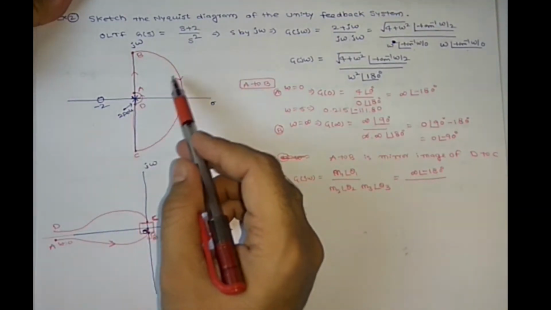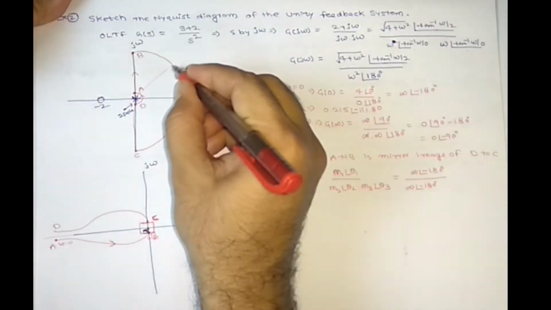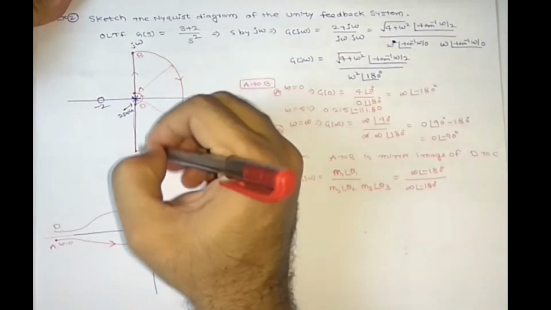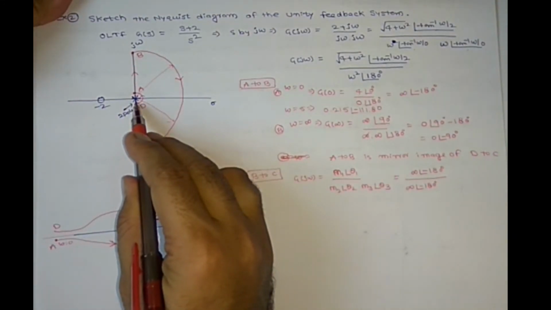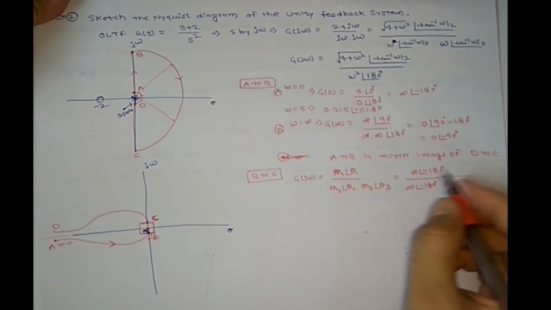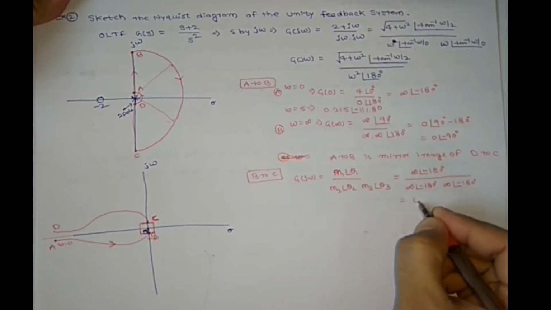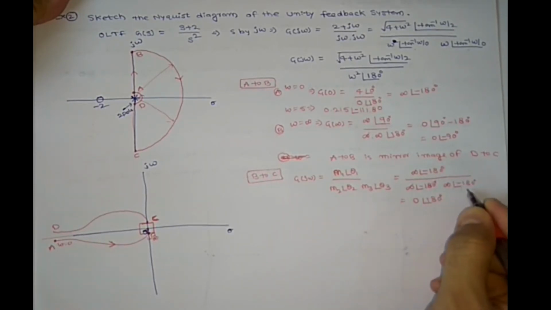What is the magnitude of the vector? It is infinity, and the angle is minus 180 degrees. Okay, you need to come here, and one more pole you have here. It is also infinity and the angle is minus 180 degrees. One infinity gets cancelled out, so something by infinity is 0, and the 180s cancel, so plus 180 degrees, right? If it goes up.